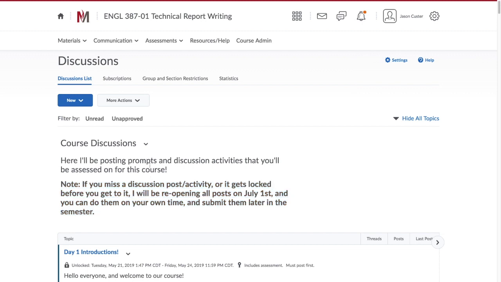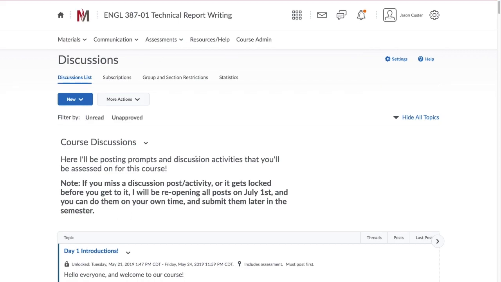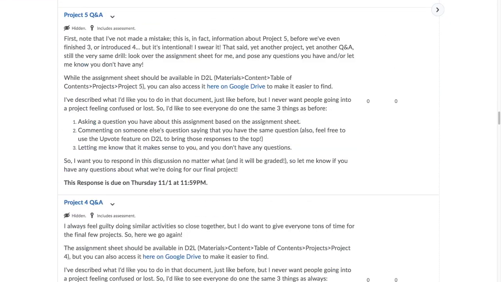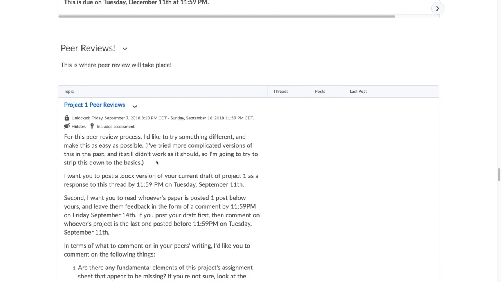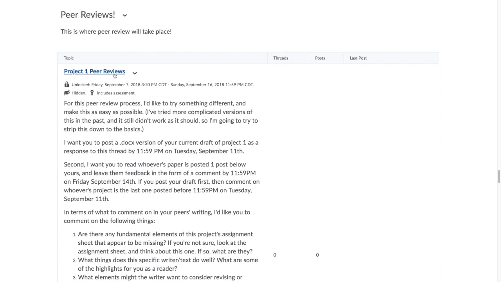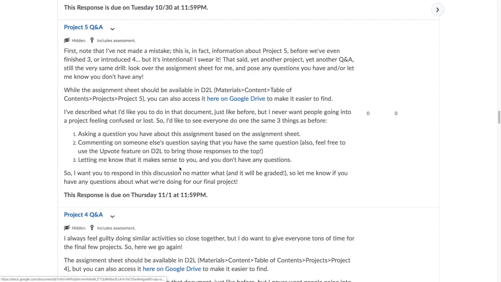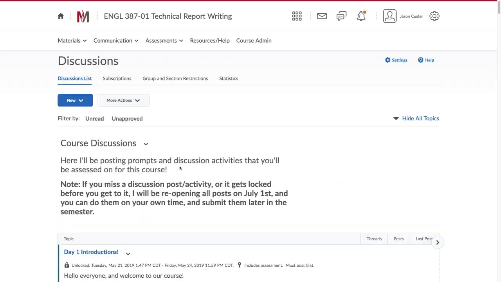So yeah. Generally speaking, I think that's pretty much everything that we need to cover here. I don't think I need to go through anything else that you're going to find in here. The only other thing I will mention is, and we'll get to this when the time comes, but there's going to be a peer review section on here as well, where I'm going to be asking you to do some peer review, which is going through other people's projects and giving them feedback on it. So there's going to be a handful of other things that we're going to be doing throughout the semester. I'll probably make some quick videos about those when they come up, just because they can be a bit confusing,